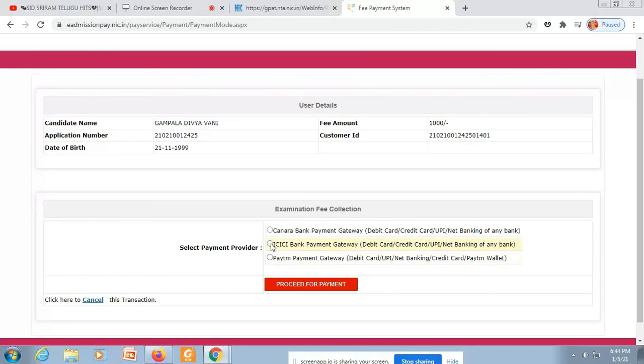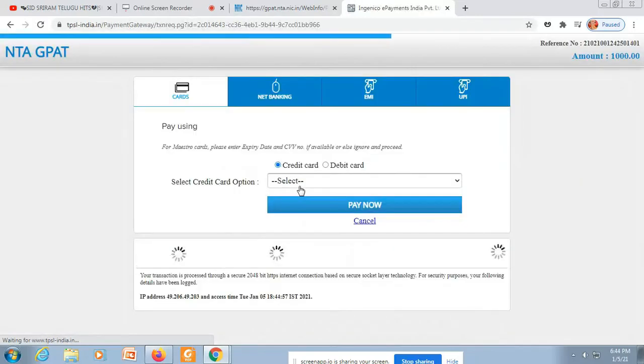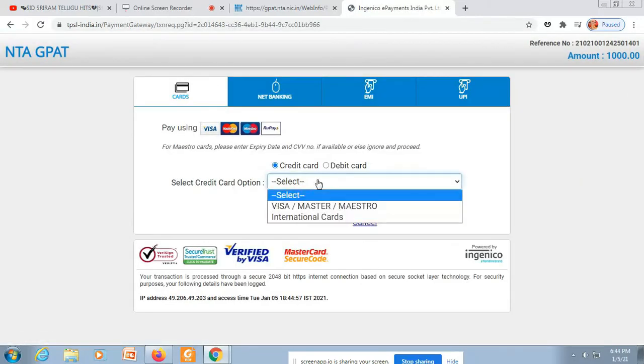Now this is completed and you have to select the payment gateway. Any gateway, don't worry, select anything. It doesn't matter. It will redirect to credit card or Visa card, anything. You can pay with any card, Visa, Master, International, Maestro. So select credit or debit card.